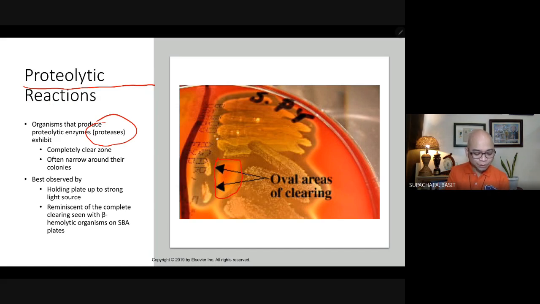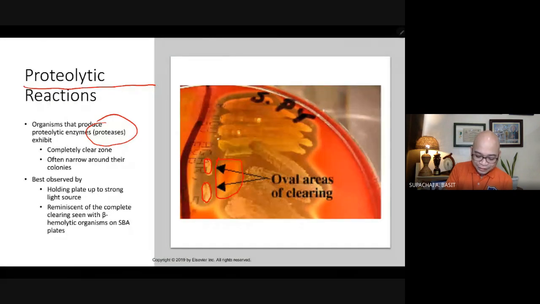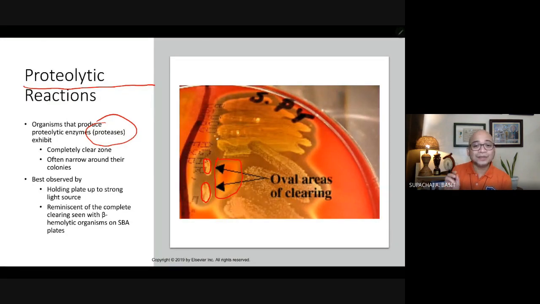The presence of a complete clear zone surrounding the colony. So if these are the colonies, and then there is a clear zone, that is a positive reaction for proteolytic reaction. It's quite difficult to observe them if the lighting condition is not good. That's the reason why we have to hold the plate against a strong light source so that you'll be able to see a